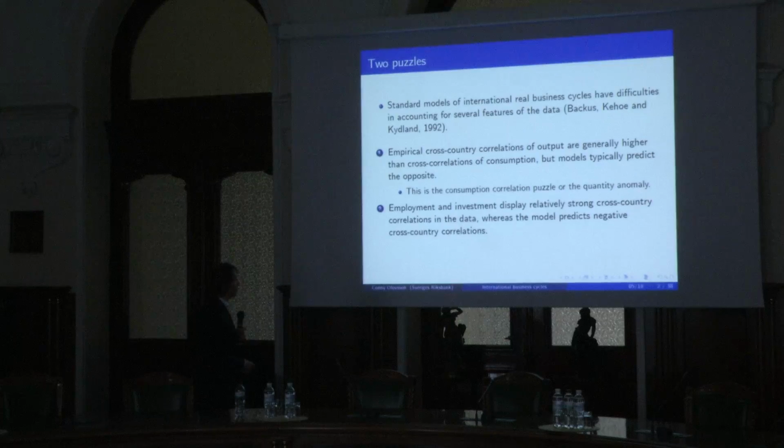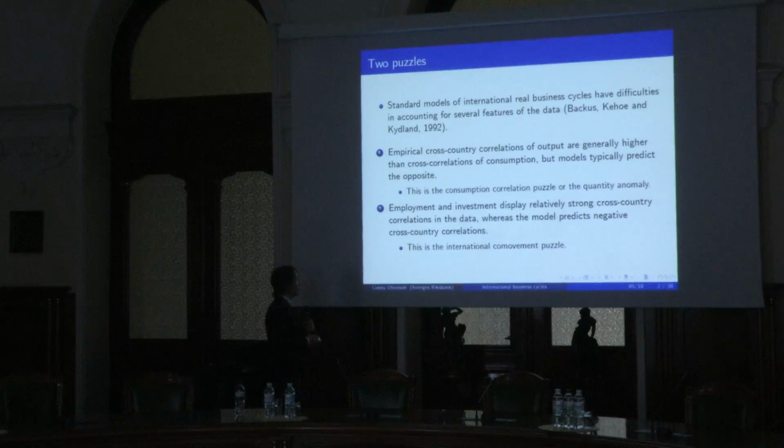And of course, this is important if we want to build a model, say at Sveriges Riksbank, where the foreign economy matters a lot, then you're going to run into these problems. The model will have several counterfactual predictions. This second puzzle is typically referred to as the international co-movement puzzle. Okay, so